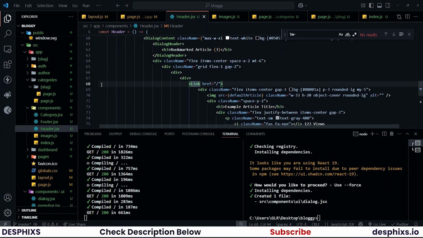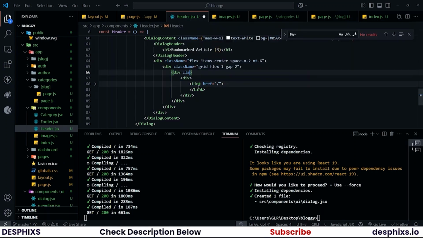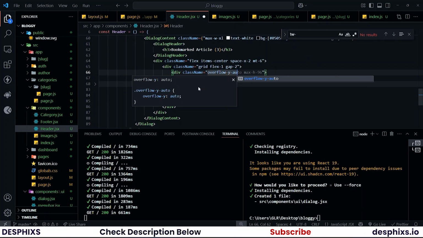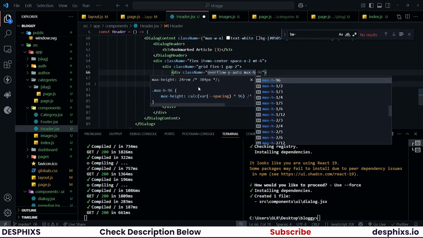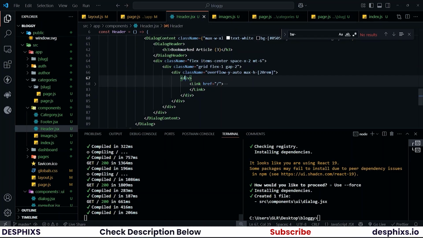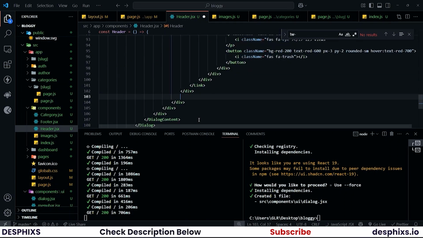Okay. Now, I'm doing this because we will be able to actually scroll over here. That means let's add the scrolling feature. I'm going to say overflow Y should be auto, overflow Y auto. Then I'm going to say max height should be 20 rem. So max height 20 rem. So guys, this last one here should just have a key of 1. So now, whenever you copy this particular style that we have and duplicate,